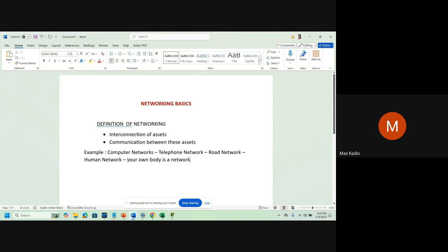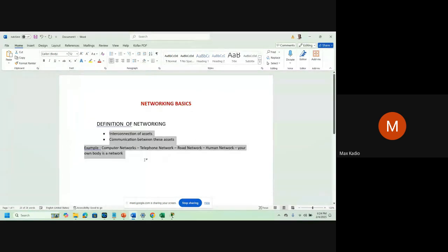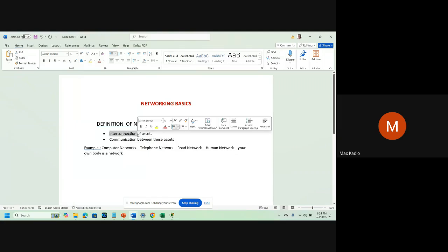Why is your own body a network? Because it's an interconnection of your legs, your tummy, your head, your hands. You see, they're all linked. So interconnection, or we can say linked. We are all linked together.